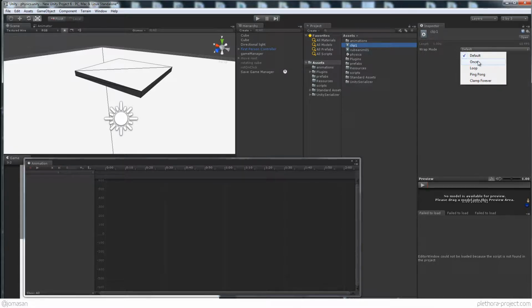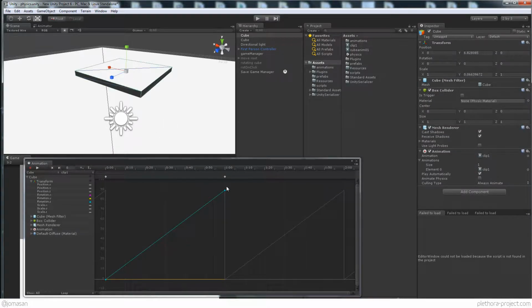You have once, which is going to be just play once, or play a loop, right? Or play ping pong. Loop means that it's going to repeat over and over the animation. Ping pong is that it's going to go back and forward, and so on. So let's look at loop, and if we select the object now, you'll see that the timeline of this animation is showing me the changes that this will have, right? Like it's going to show me it goes from 0 to 90, and then from 0 to 90,